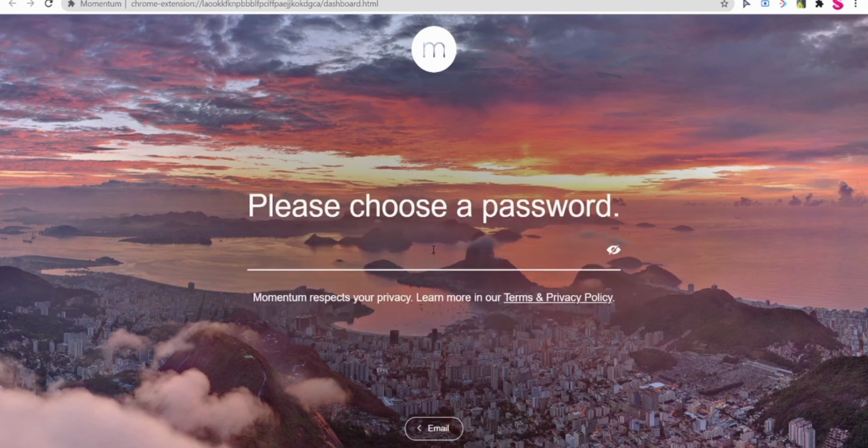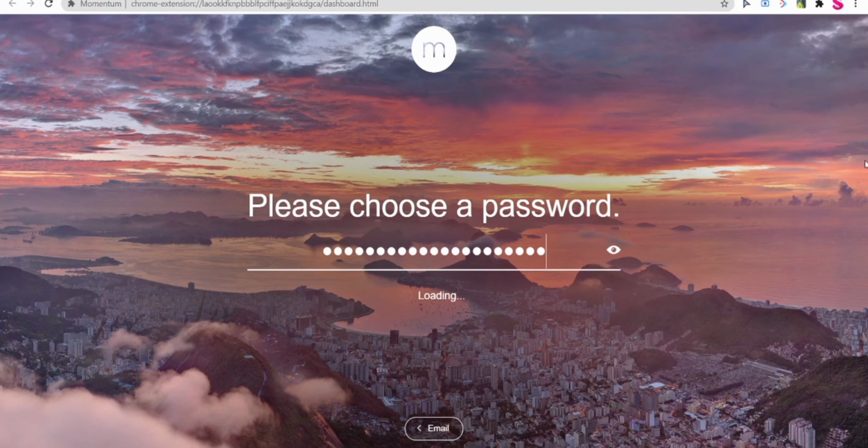You have to enter your password, your new password, or you can say the account password. So I'm just writing. So here I'm done with this. It's loading. I have written the password. It will take some time.